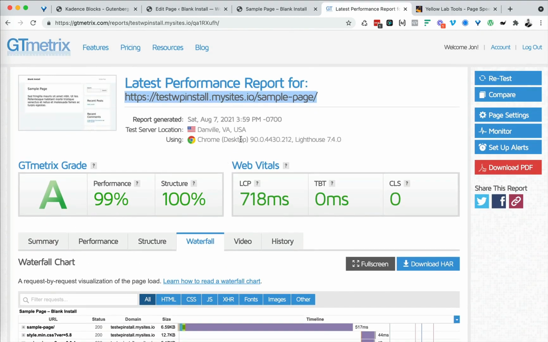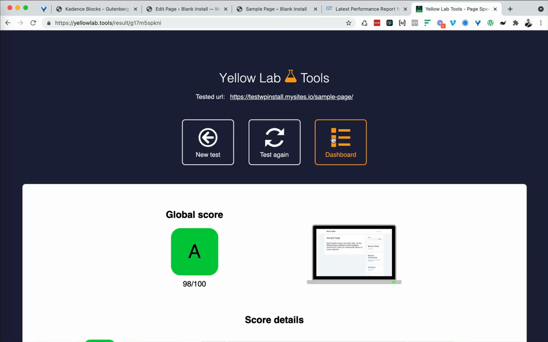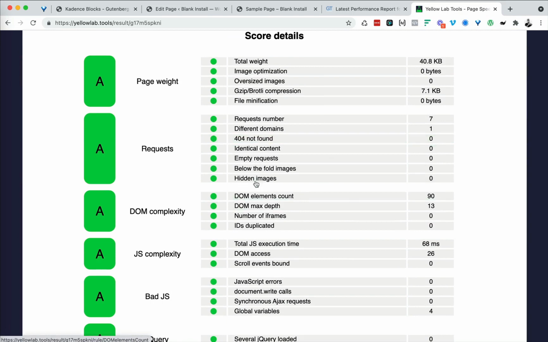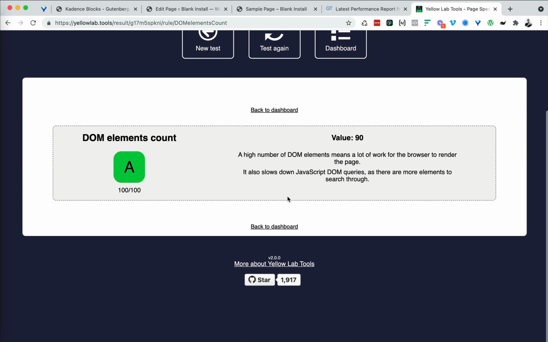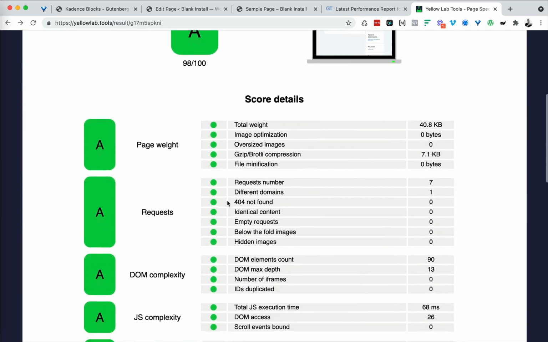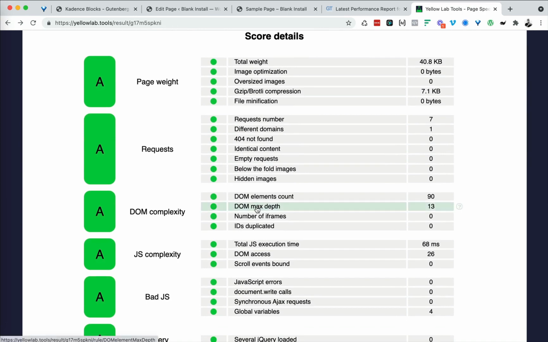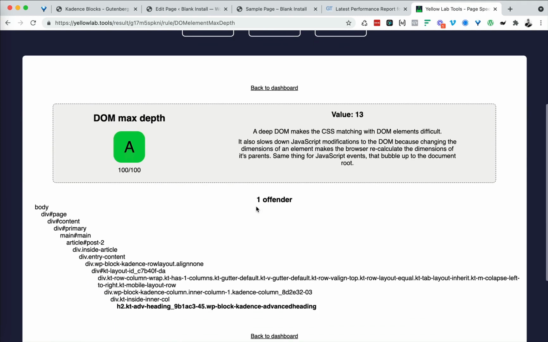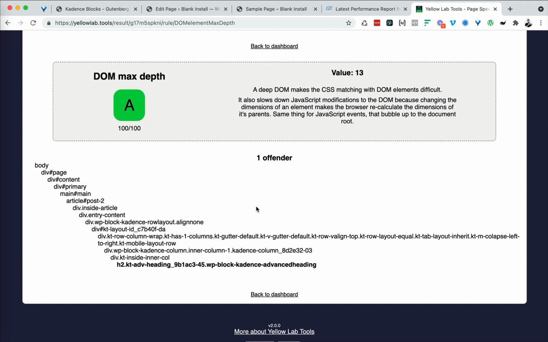Again, it would be maybe different if we had 3 columns with content in the 3 different little columns. But looking at the DOM complexity thing, you see this actually shows DOM count only 90, okay, which I think was lower than in that previous example. Max DOM depth is 13, okay, I think it was 12, correct me if I'm wrong when you rewatch this, was it 12? I think it was 12, because you see, as far as divs go, so containers, you have